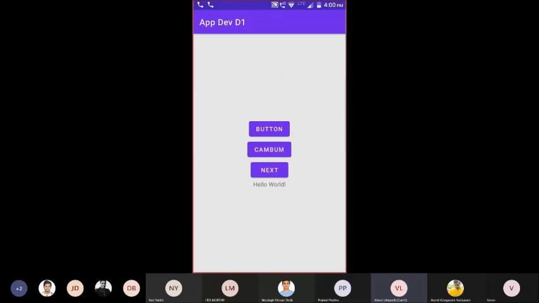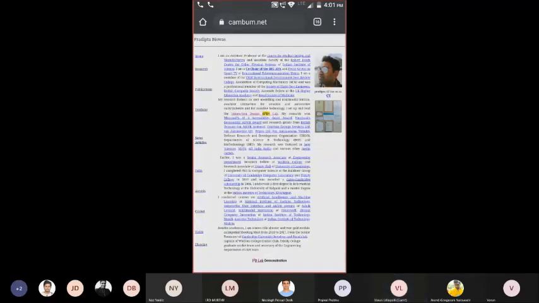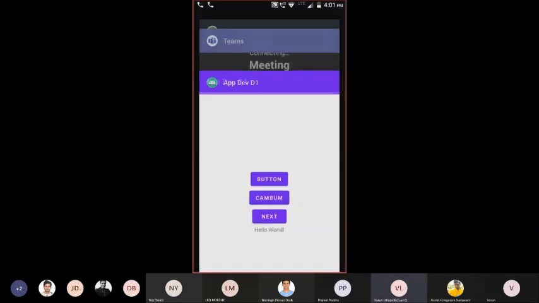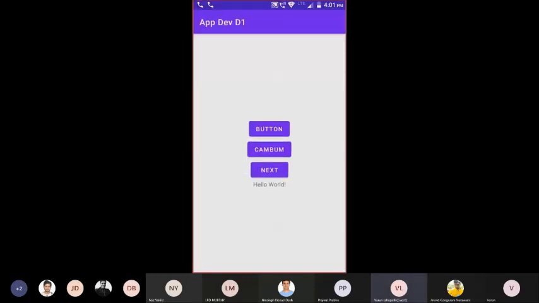Thanks for being so patient. First I'm clicking on this button 1. This message is called a toast. The second one is a button called cam1. If I click on this, it immediately opens a web page in the browser. Cam.net is open. So the first button, when clicked, just shows a toast, some text. The second button has opened a website in Chrome.